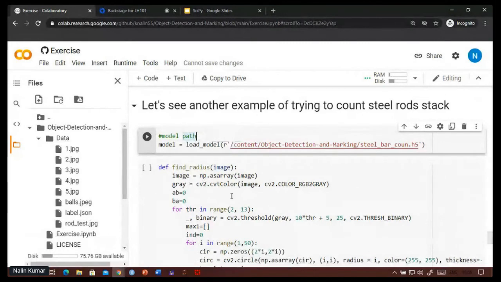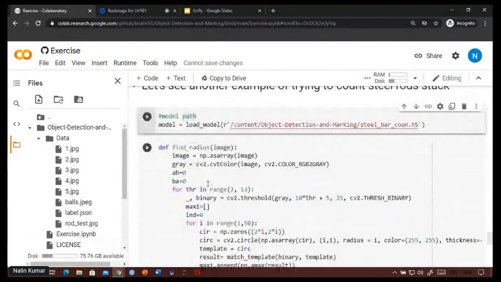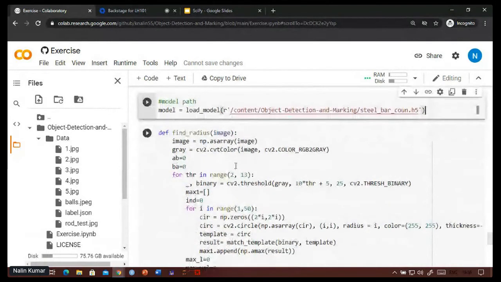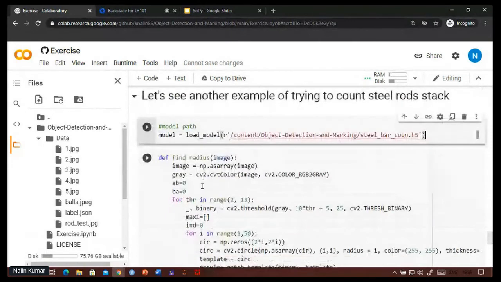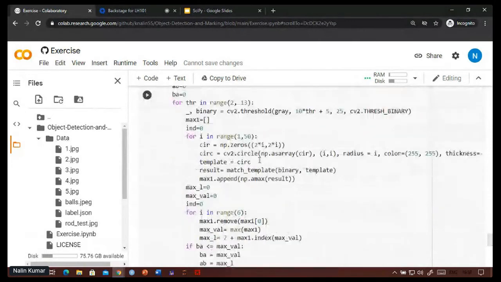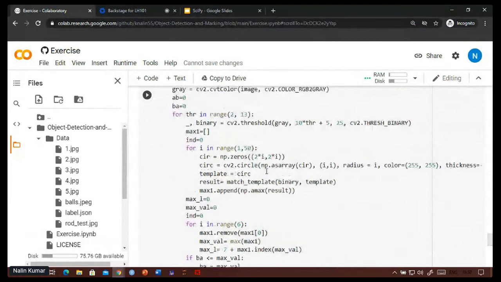We have a pre-trained model for that, but just don't use this find radius; you can try to find this one out.